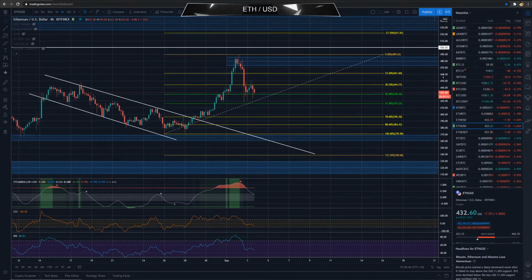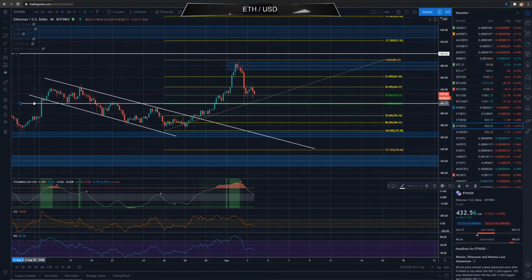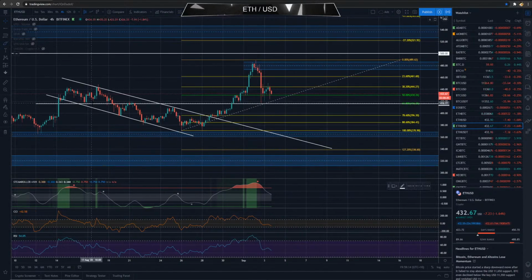But in the meantime, I do think Ethereum isn't finished in terms of this movement to the downside, and more than likely we'll see the 61 be tested again. I wouldn't think too far ahead beyond that. If I draw the vertical line in, you can see some of the liquidity on the left hand side that's going to be respected, alongside that 61, where we've got a lot of price action around that level. So that's where I'm really thinking for ETH in the short to mid term: $420, $415.